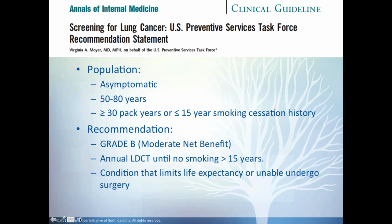And they recommended an annual low-dose CT scan until either you're older than 80 or you've stopped smoking for greater than 15 years. And they also said if you have limits that will decrease your life expectancy, or you're not able to undergo therapy. Now, particularly for this particular trial, they mentioned surgery, but I think there is an argument to be made that if patients did have a potentially resectable lung cancer